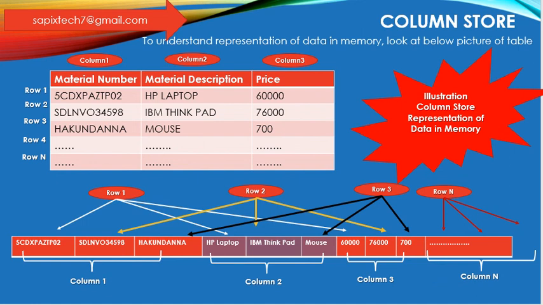So how does column store store data? In actual, for example, in column store you can see 5CDXP is a material number, but in actual, SAP stores it in the form of a numeric value. How does the numeric value come into that place? I'll show you how it converts